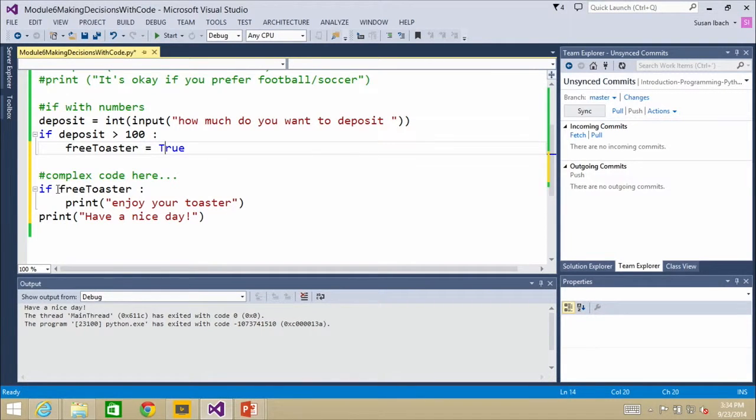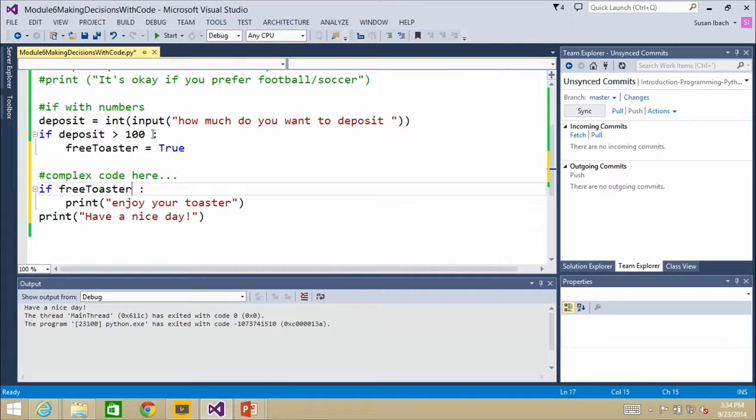And then we say if free toaster, and you can imply here is equal to true, but you don't have to say. You can put it there if it helps you. You can say equal true, if that helps you to remember. No, uppercase. Oh, sorry. You're right. No problem. My brain just immediately went to C# there. I always get that one in Python. So if it makes more sense to you to type if free toaster equal true, by all means do it. It's unnecessary though.